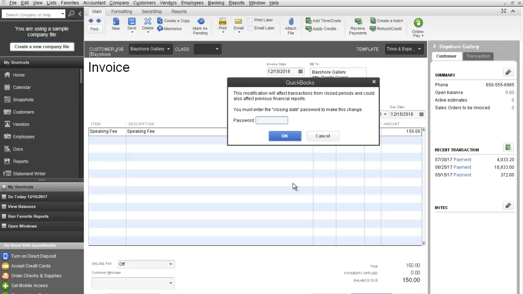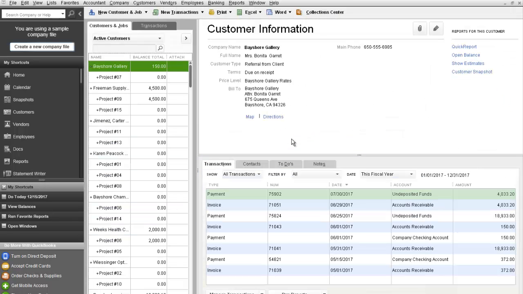In this case, we do want to, so I'm going to go ahead and enter the password. But usually you don't want to do this, or you want to make sure that you're doing this for the right reasons. So I'm just going to click OK just to show you that you can do it with the proper password credentials. So that concludes this tutorial on